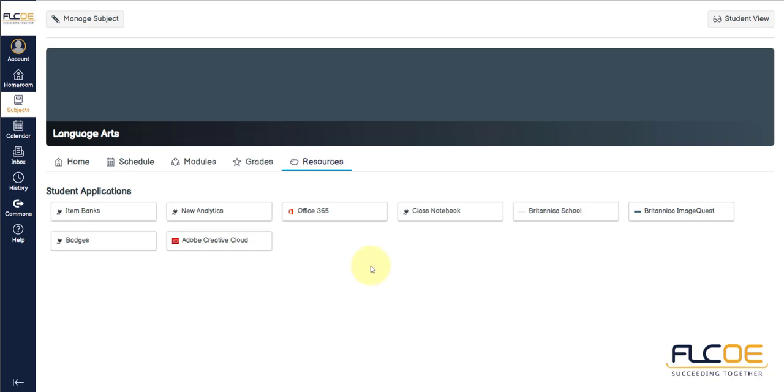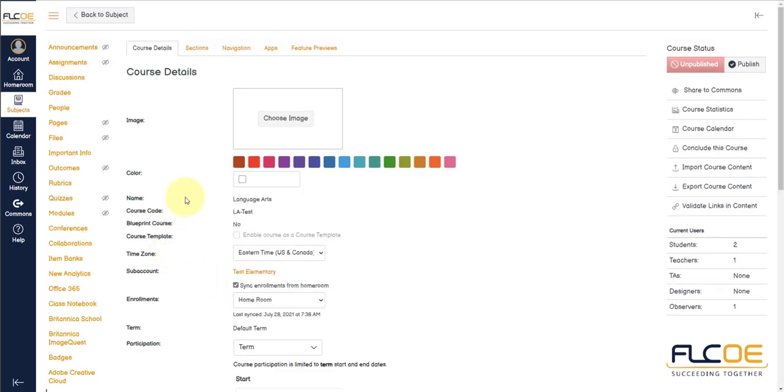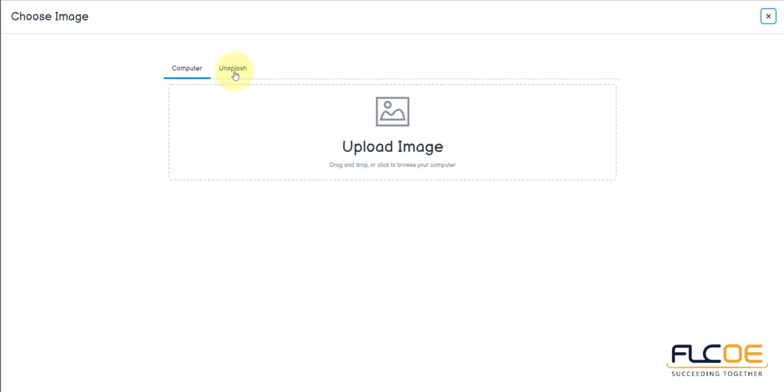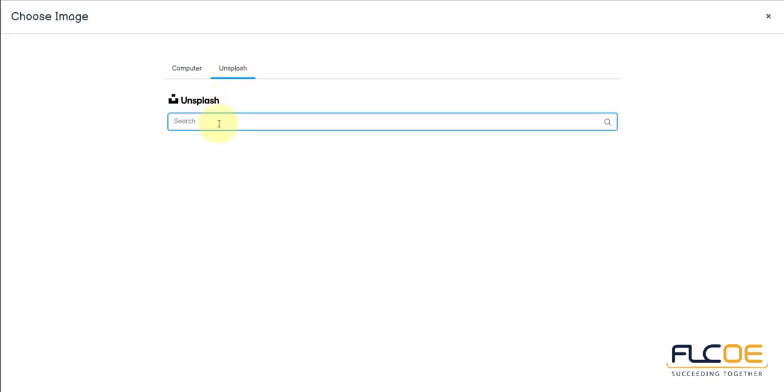Now if I want to do more and get into more details with this, again I'm going to select Manage Subjects. So this will take you to the course details. This is something we saw just before. Many of these options here will not be available to you, but there's a couple that we want to highlight. One is course image. We want to choose an image for this, and you can upload one of your own, or you can go here and